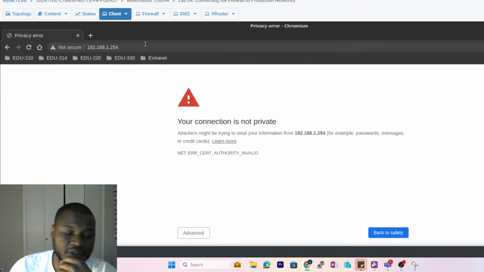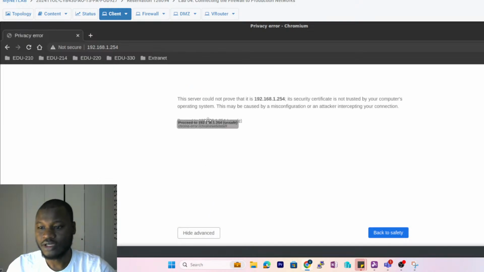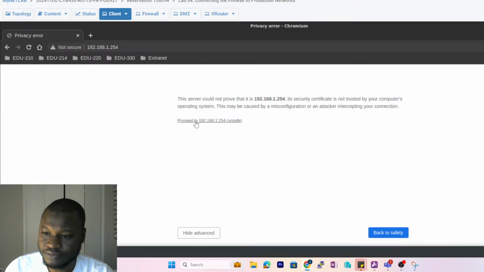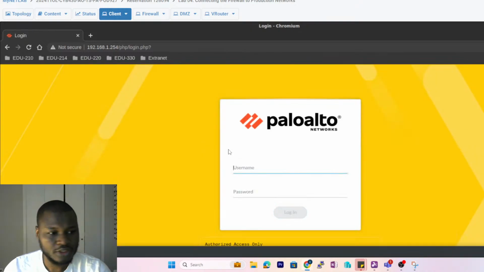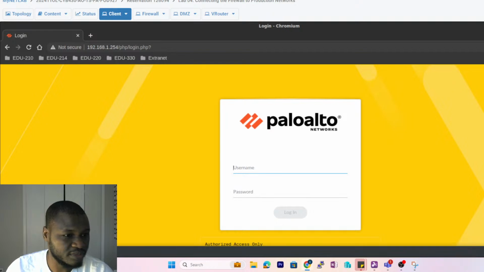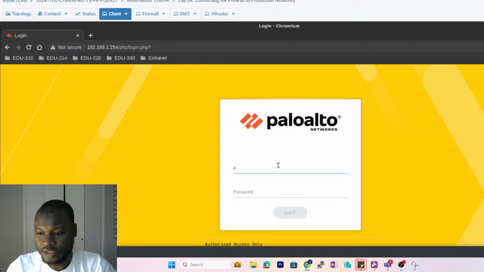You log onto the firewall by the web interface. If you are familiar with the command line, you can use the command line interface as well, using SSH, any way that you prefer to connect. The easiest way is to just use the web interface. So go into the web interface and click on proceed. I'm going to log in using the username and password that I have created for this firewall, which is just admin and